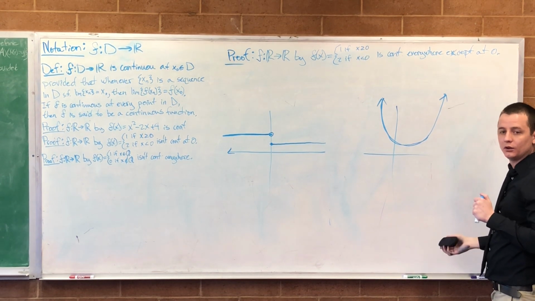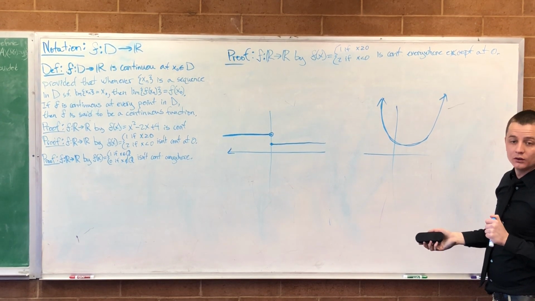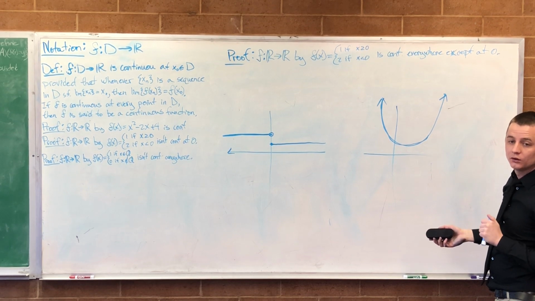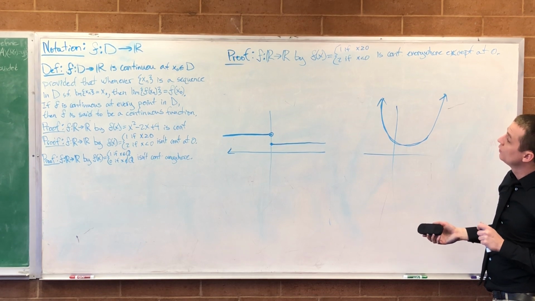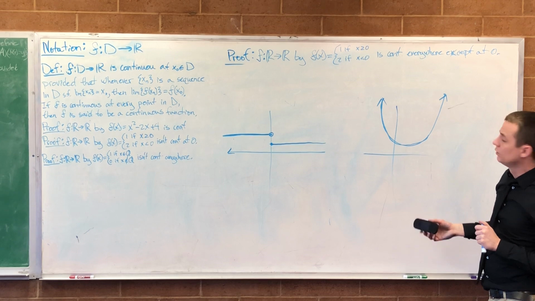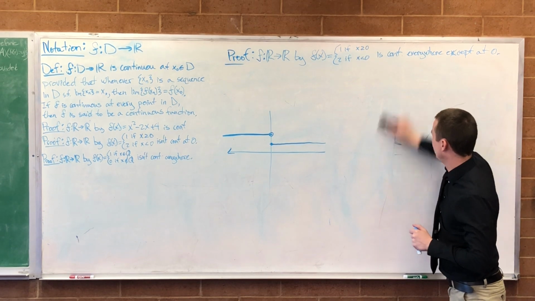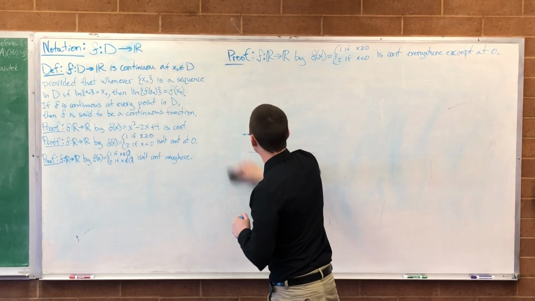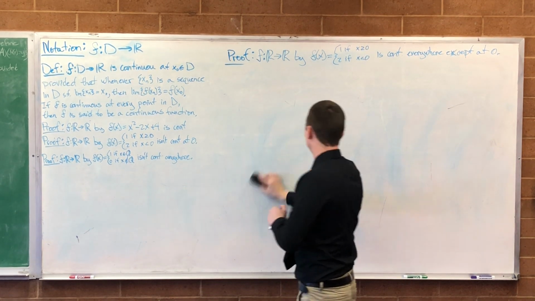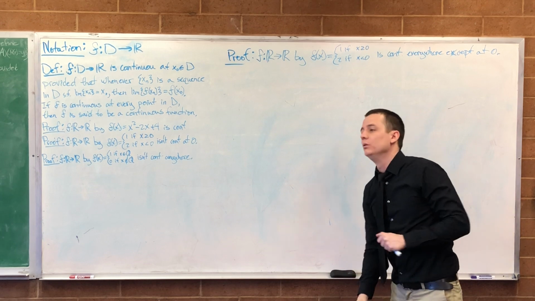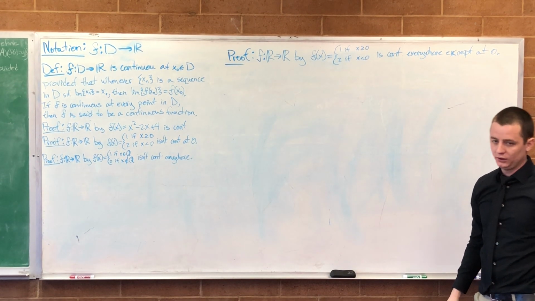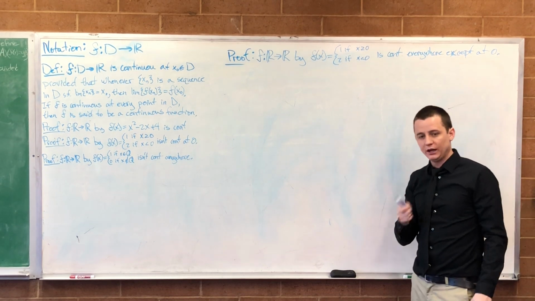I have a question. Is the reason your definition excludes a function that has a hole in it because f of x naught is not defined, so you can't say the limit of f as x goes to x naught is f of x naught? I'm just trying to see how that definition makes sure it doesn't include a function with a hole in it. Oh, so when we get to the epsilon delta criterion, we'll have a better connection for